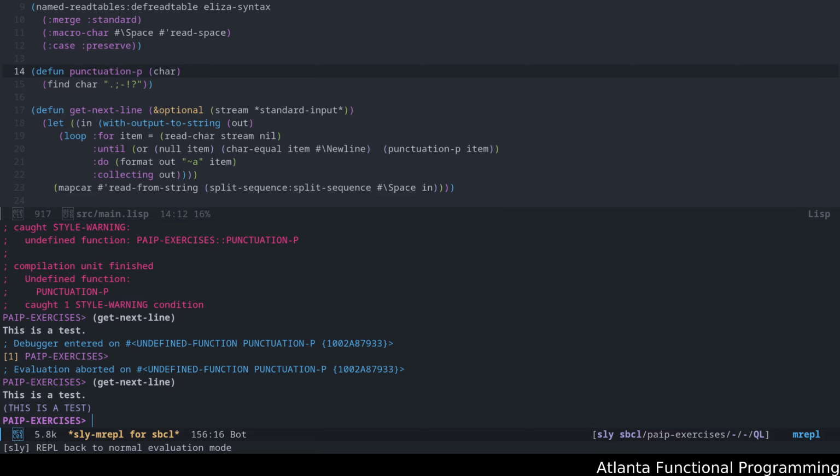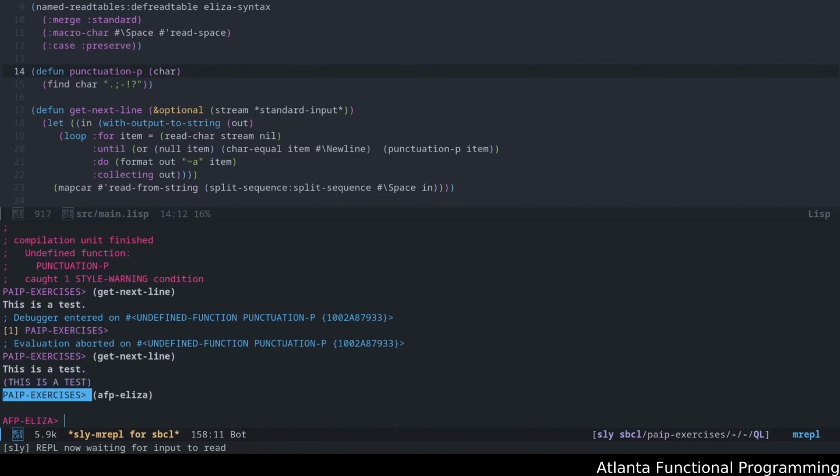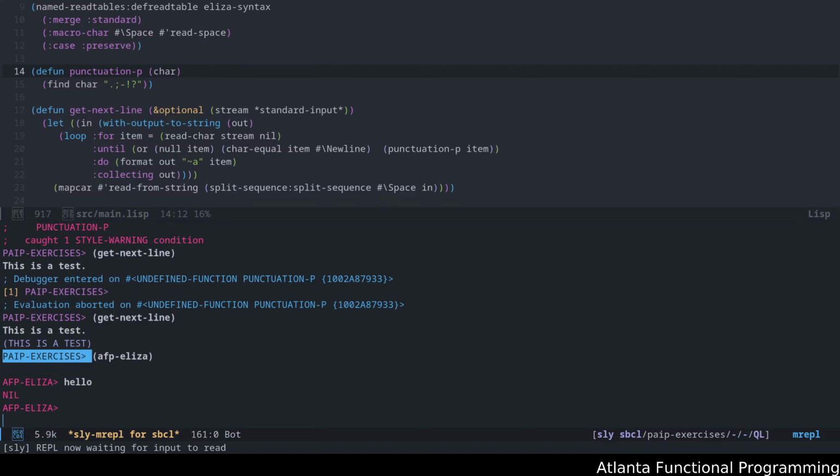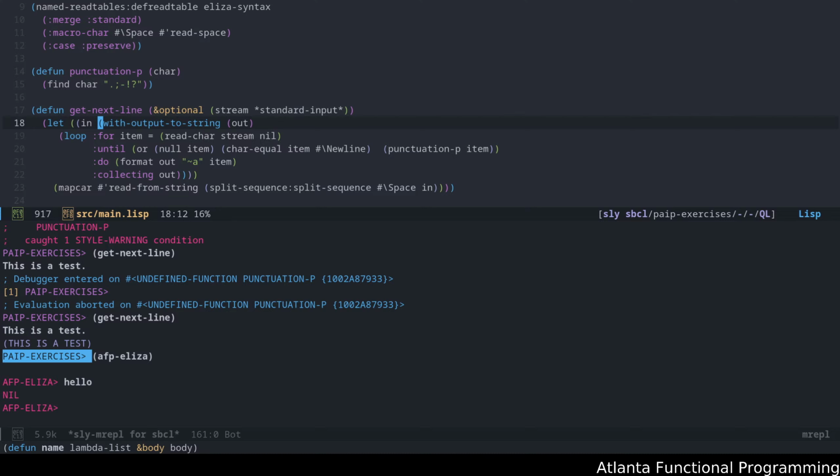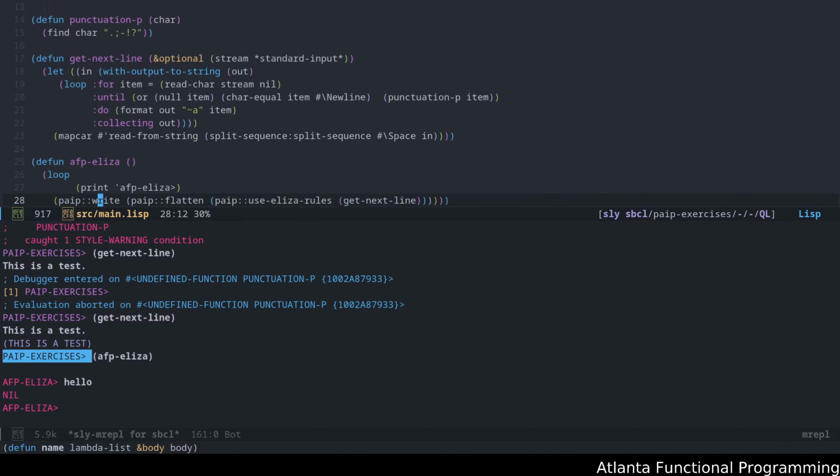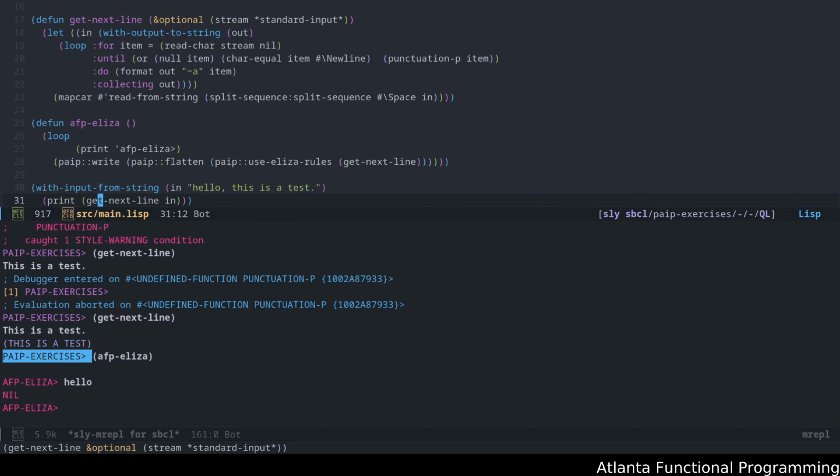And you can see that we've eaten it out. Now, this will actually work if we called AFP Eliza and then just simply say hello. This should actually convert the way we expect it to. But it still needs the ability to actually get the Eliza rules, right? So what I need to do is,